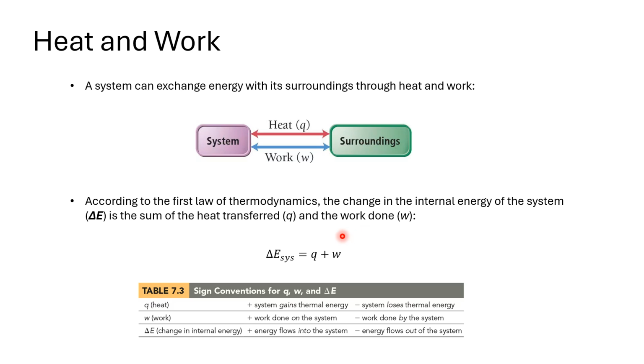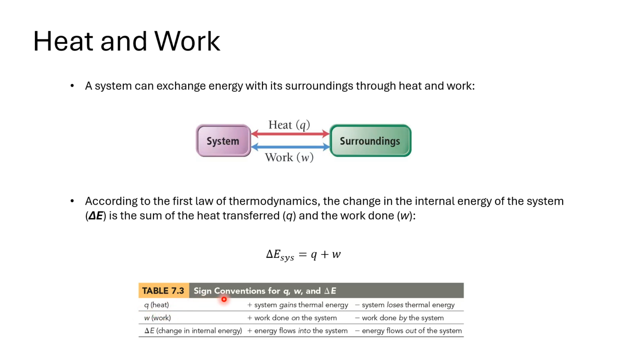But if we want to describe the path of how we went from one energy to another, we can talk about the amount of heat and the amount of work done on the system or by the system, whatever you want to call it, depends on the situation. We can then figure out the path to how we got from a start point to an end point in terms of energy. And we talked about how we can then use this table to our advantage of figuring out what the sign of delta E ends up being, right? So if you look at this table,